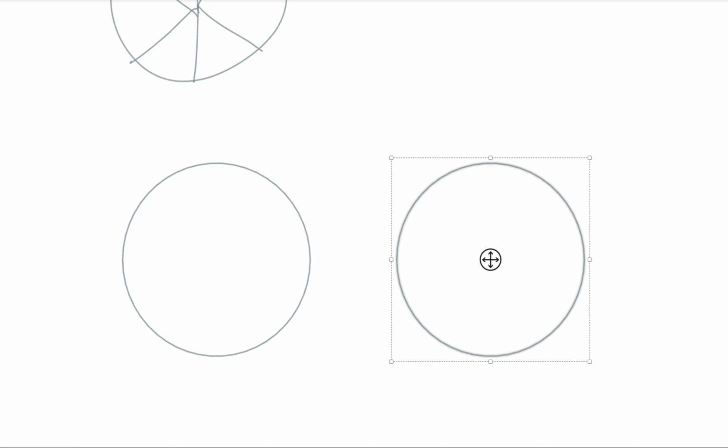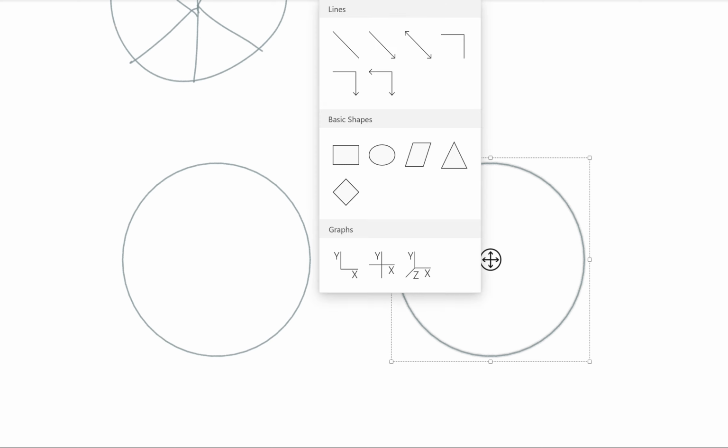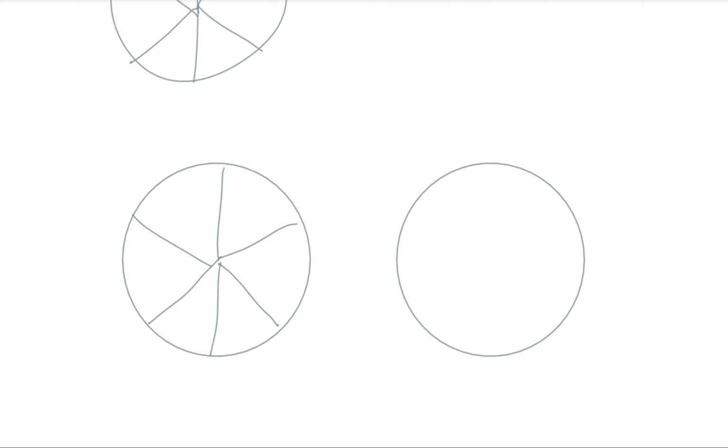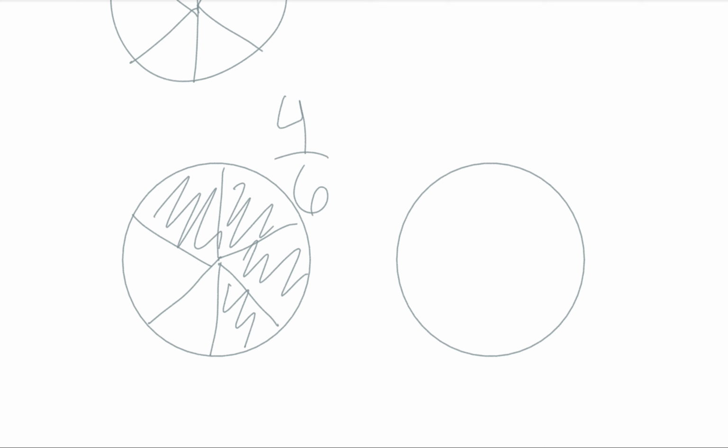So let's try to demonstrate this. If I have a whole and I have it broken into 6 pieces, so I have this whole pizza broken into 6 equal pieces, and I have 4 of those pieces. Each of these pieces is 1/6 of the pizza, and I have 4 equal pieces, and that's what I mean when I say 4/6. If I have another pizza and I break it into 8 pieces,